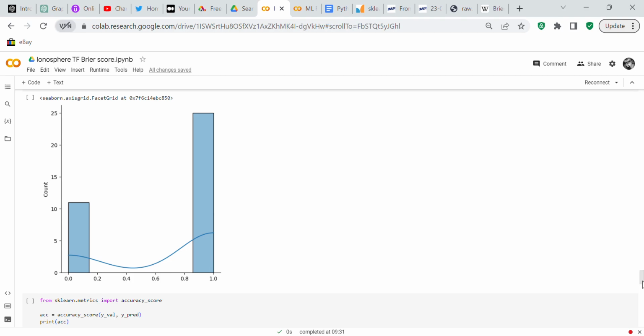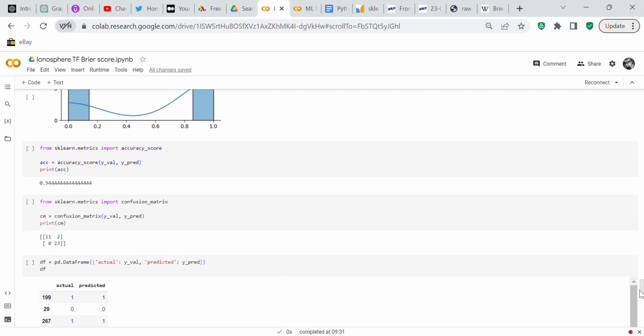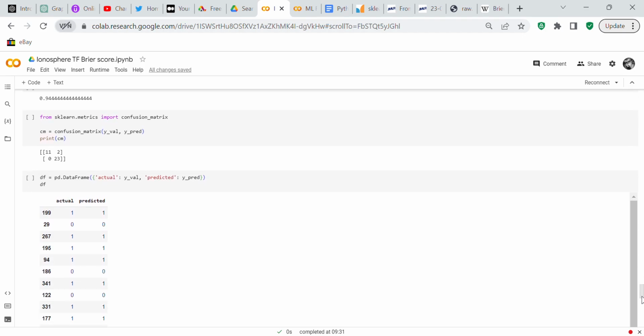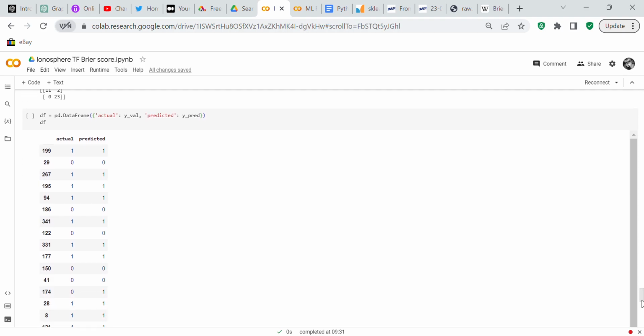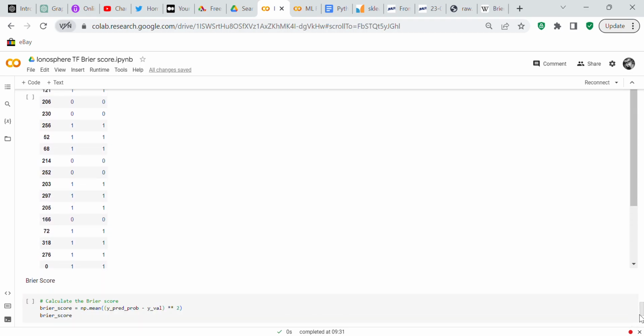And so we created a histogram. So you can see we have a class imbalance in this as well. So we're going to check the accuracy score against the y_val and the y_pred, and you can see it's 94. And we're going to check the confusion matrix. You can see we had 11 zeros, and 2 ones that should have been 0, and we had 23 ones, so that was good. And then we're going to create a data frame that compares the actual values against